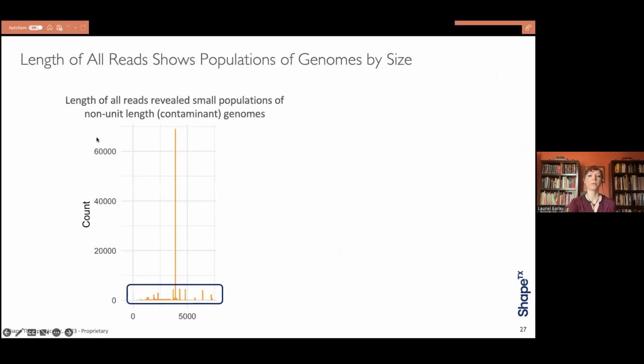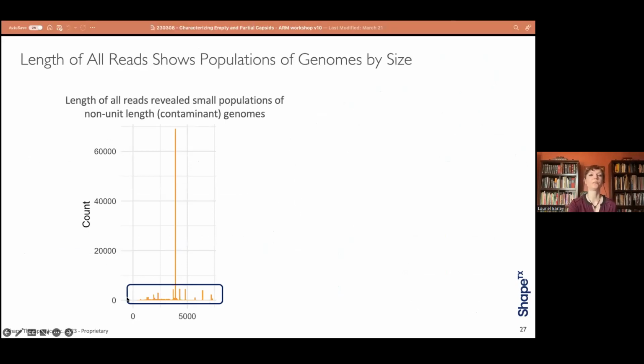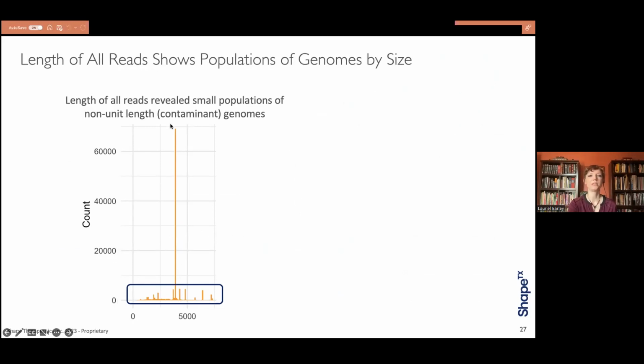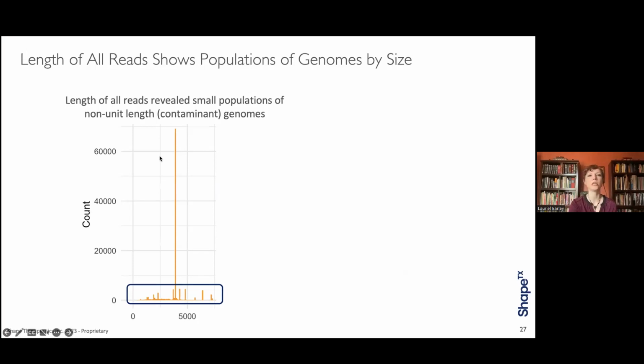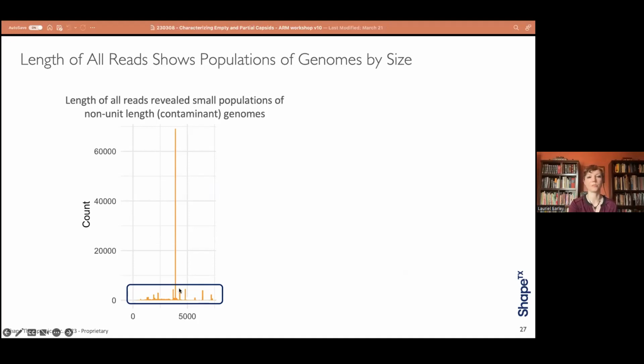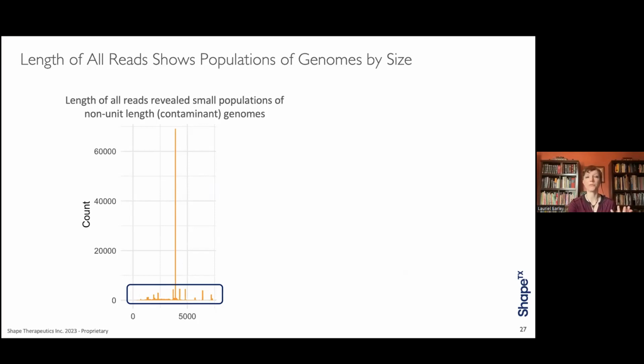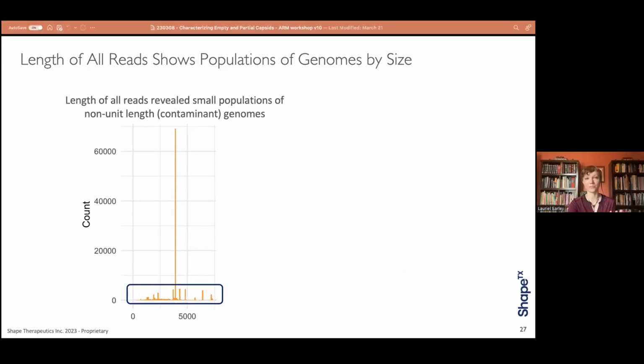When we plot things by read length, we're taking each individual genome and putting it on a plot here by count. We can see that our payload matching genomes of that length are the highest of those species. But there are a lot of these non-unit length contaminant genomes at the bottom of the graph here. These are all things that are not our intended therapeutic product. Well, if it was a therapeutic product; again, this is a CMV GFP.